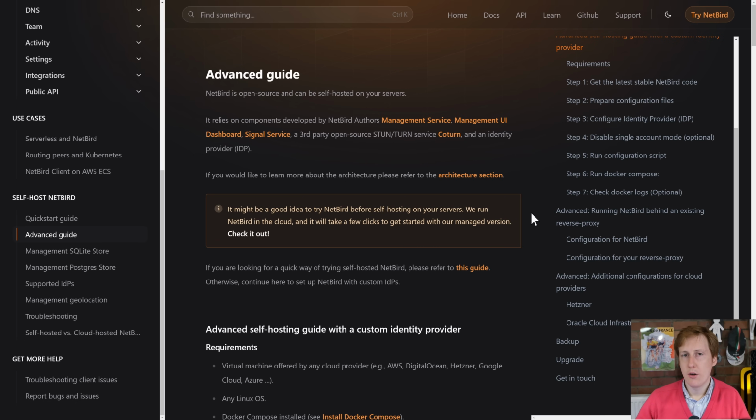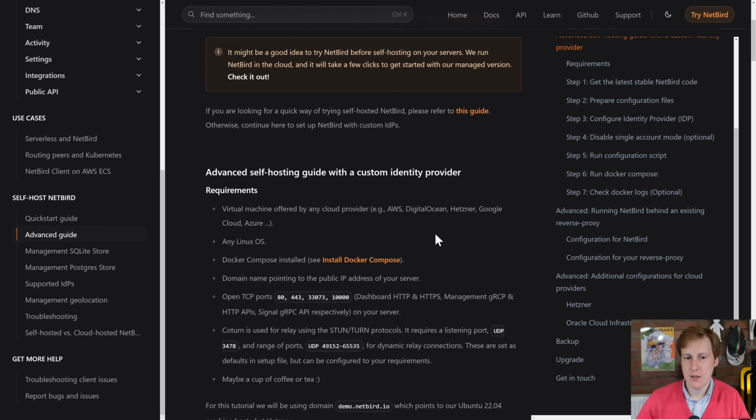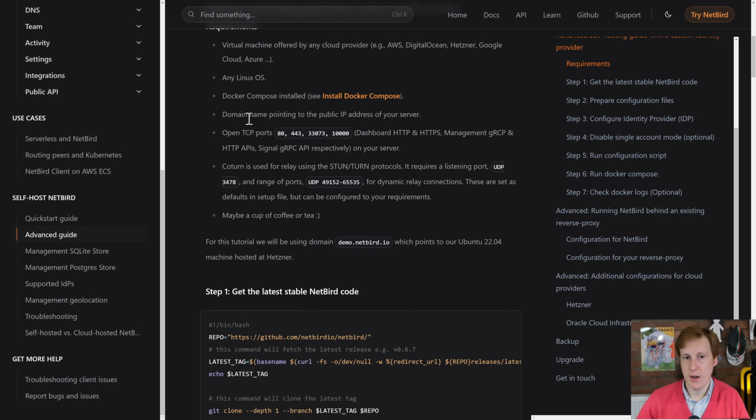So let's have a quick look now through the advanced guide for setting this up. I'm going to whistle through this so that I can get onto the actual technical configuration. So for the advanced guide, really, you basically need to ensure that you've got a virtual machine with Docker already installed, and you need to have a public IP address, and you need to make sure that these ports are going to be forwarded. You can also forward these ports here for stun and turn protocols, and then we're basically